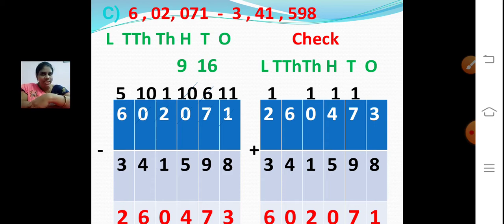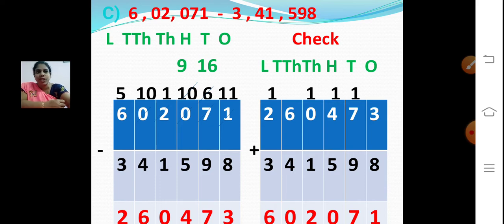Shall we add the lakh place now? Yes, 1 lakh plus 2 lakh. 1 plus 2. I'm going to add the carried over part and the first number. 1 plus 2. 1 in the mind, 2 in the finger. After 1, 2, 3. With this 3, I'm going to add the next number, 3. 3 in the mind, 3 in the finger. After 3, 4, 5, 6. So 6 lakhs. So my answer is 6 lakh